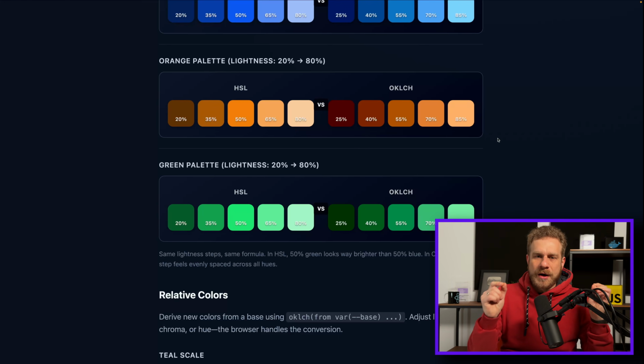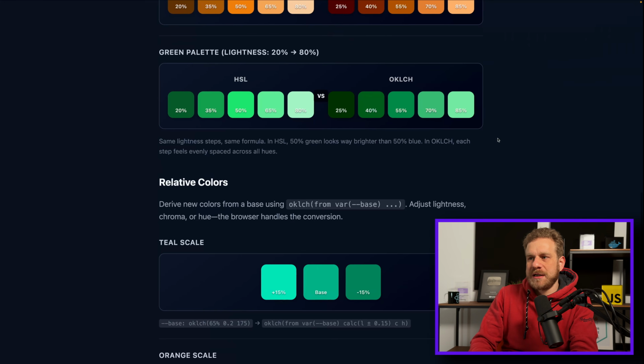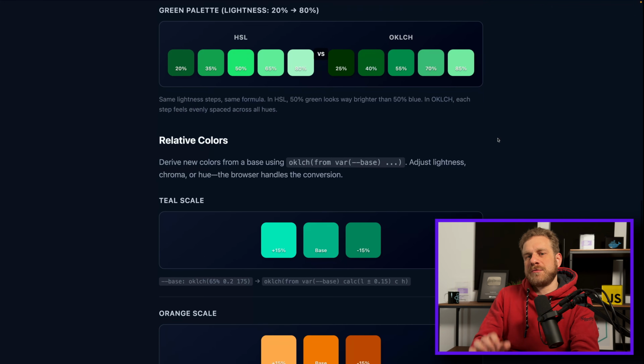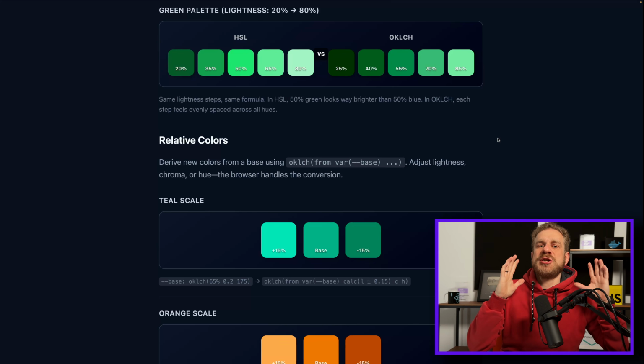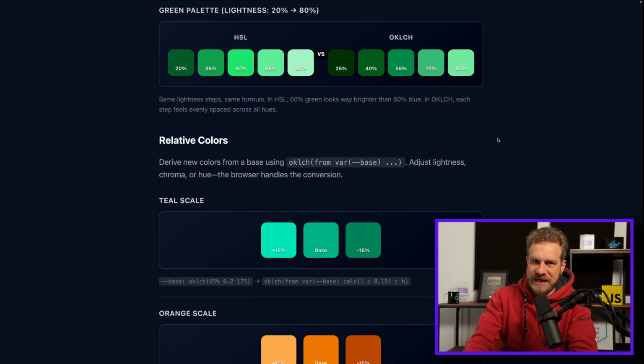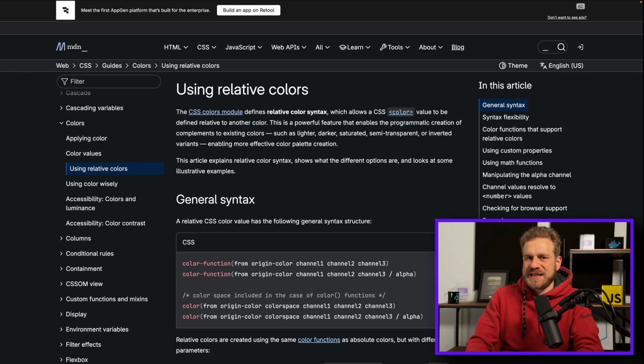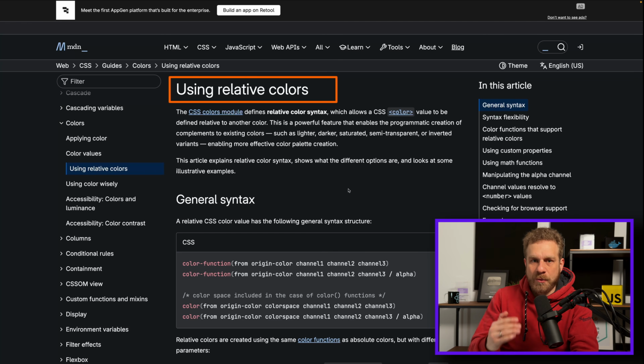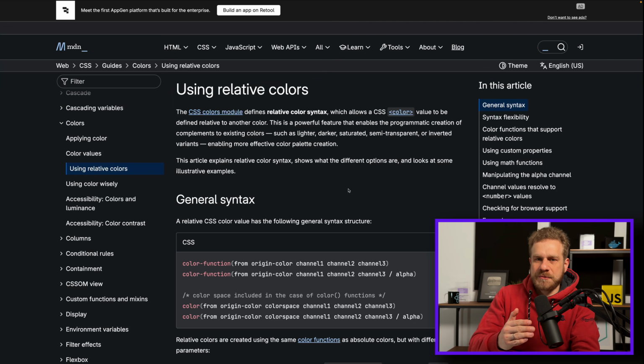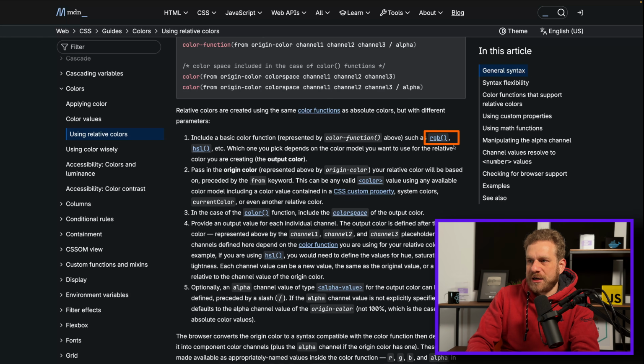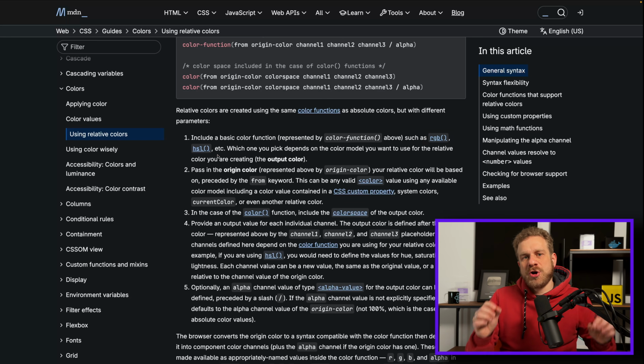Now, therefore, OKLCH becomes particularly powerful if you use the relative color syntax CSS offers, which, and that's important, is not exclusive to OKLCH. Instead, it's a general CSS feature. You can construct colors relatively in modern CSS, and that also is possible for HSL, for example. Because those color functions like RGB, HSL, and of course also OKLCH do not just accept fixed values, but instead